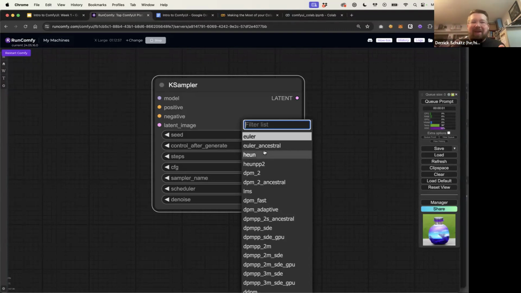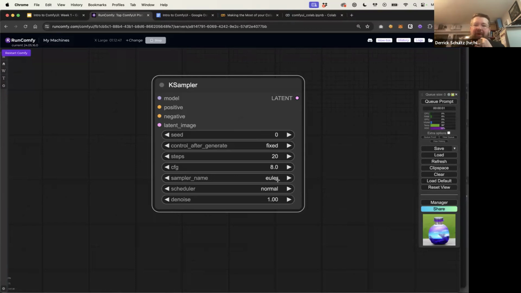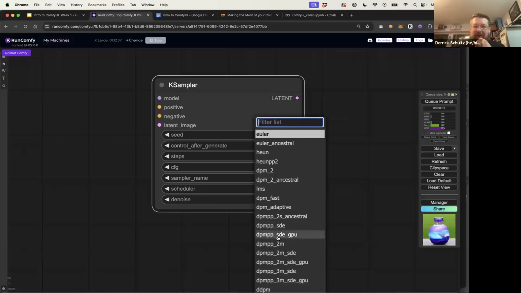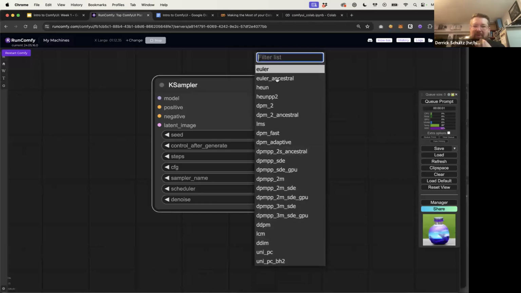You could spend your entire life just trying to understand this one node. And most people just found that, oh, 9 times out of 10, Euler works better than anything else does, so stick with that. That's actually why Euler is the default, because most people found that Euler is probably the best result. It gives you the best speed and accuracy of your image generation, but there are something like 20 other samplers you could use as well.